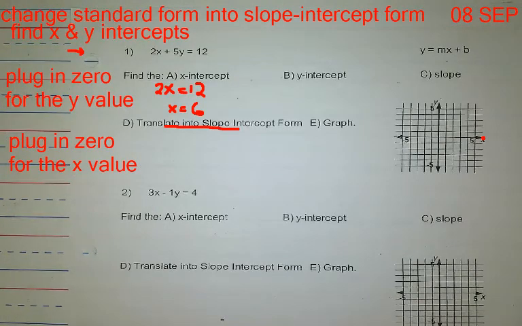So if I do that, 0 times 2 is 0. So then I'm left with 5y equals 12. So y equals 12